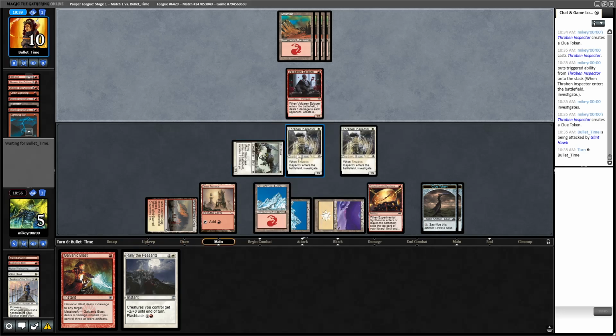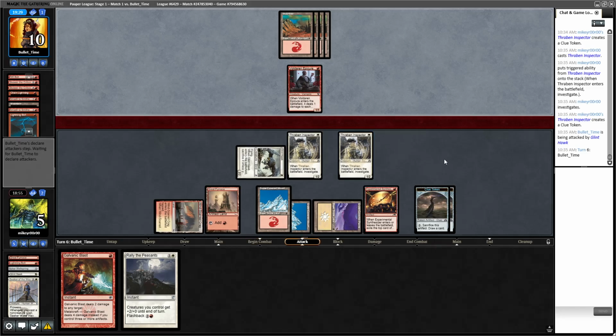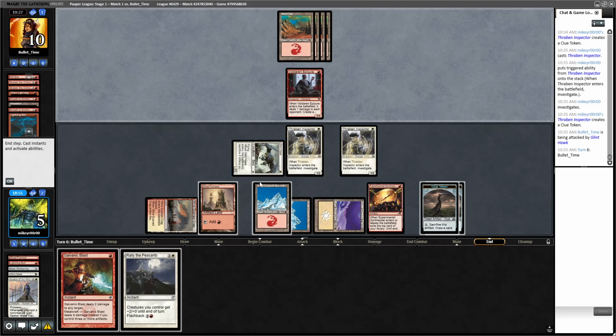If I had attacked with the Glint Hawk, though, I probably would have played out a Thraben Inspector instead of the Glint Hawk, so maybe it didn't affect their clock. So I should have lethal next turn here. If